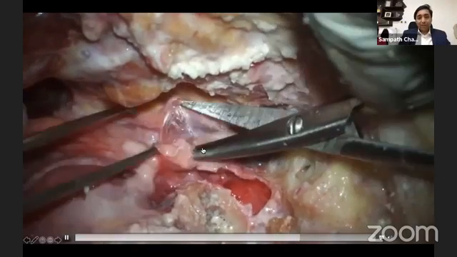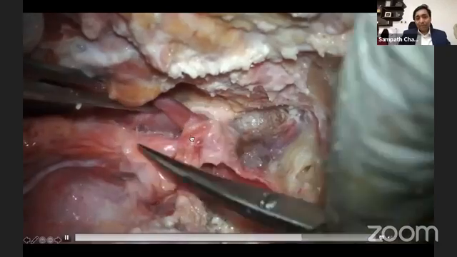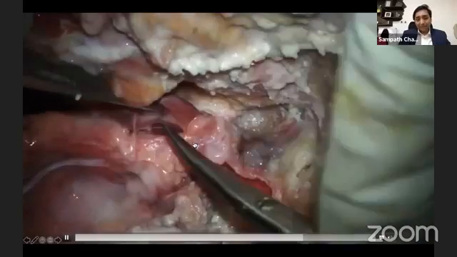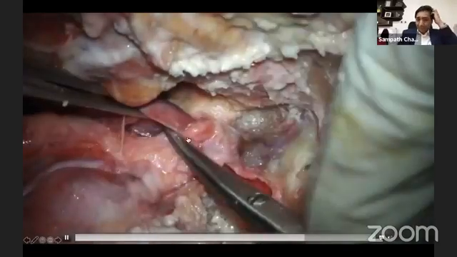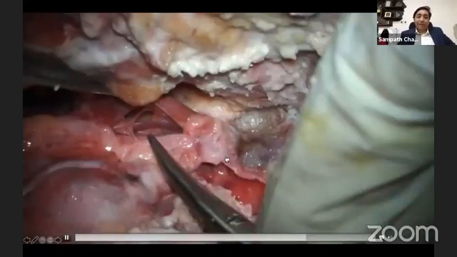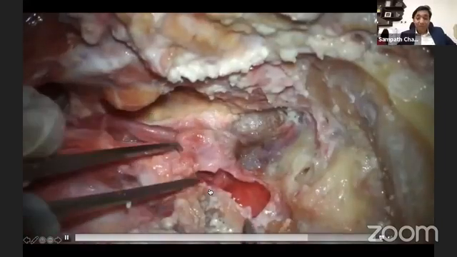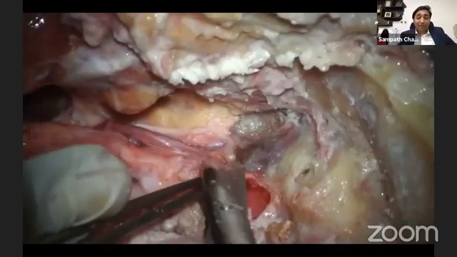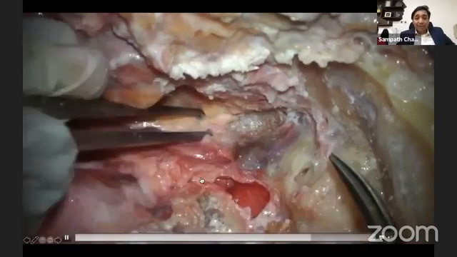Now I'm finding the groove between the IJV and the carotid. So that's the carotid, immediately medial. So you have to look for the carotid, dissect for the carotid like this. There is a thick fibrocartilaginous area at the junction of the carotid canal entry and jugular bulb entry. These will all be difficult areas to resect because some of it will be involved by tumor, some of it is anatomically quite tough. So it is quite tricky to be dissecting in these areas.